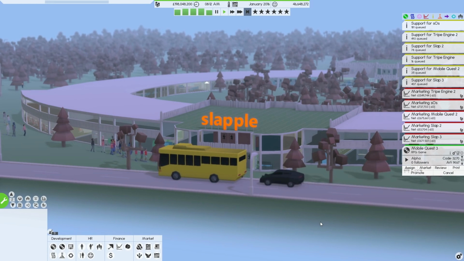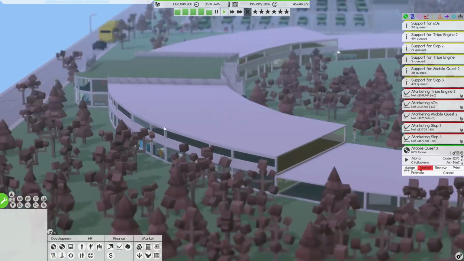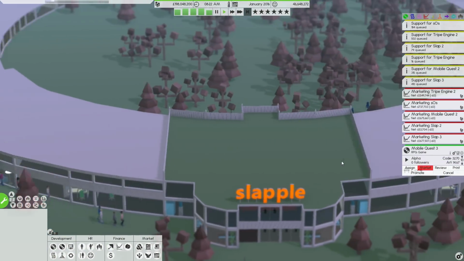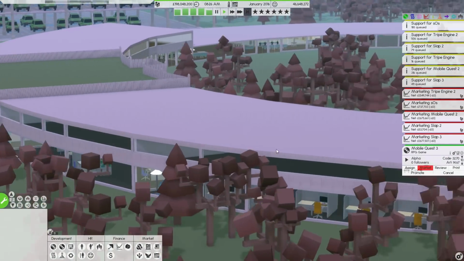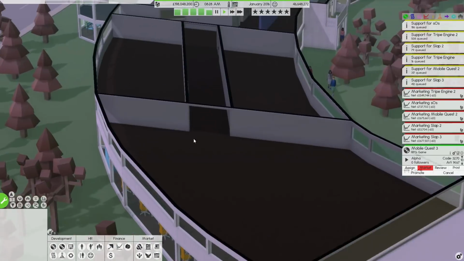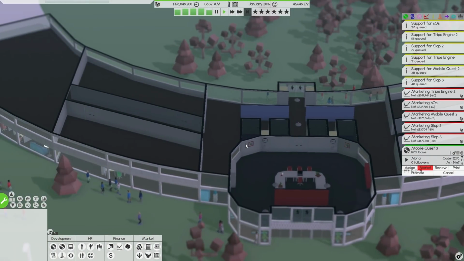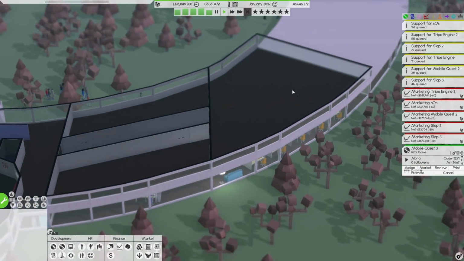But you might also notice that there's been an ever so slight change, which is that we have at least the beginning of another floor. We don't have the whole thing yet, because we don't have the need for the whole thing yet, but we do have the beginning of another floor. It has some different windows as well. It also has a solid wall and some corridors. Basically, this floor is going to exist mostly for meeting rooms and things like that.